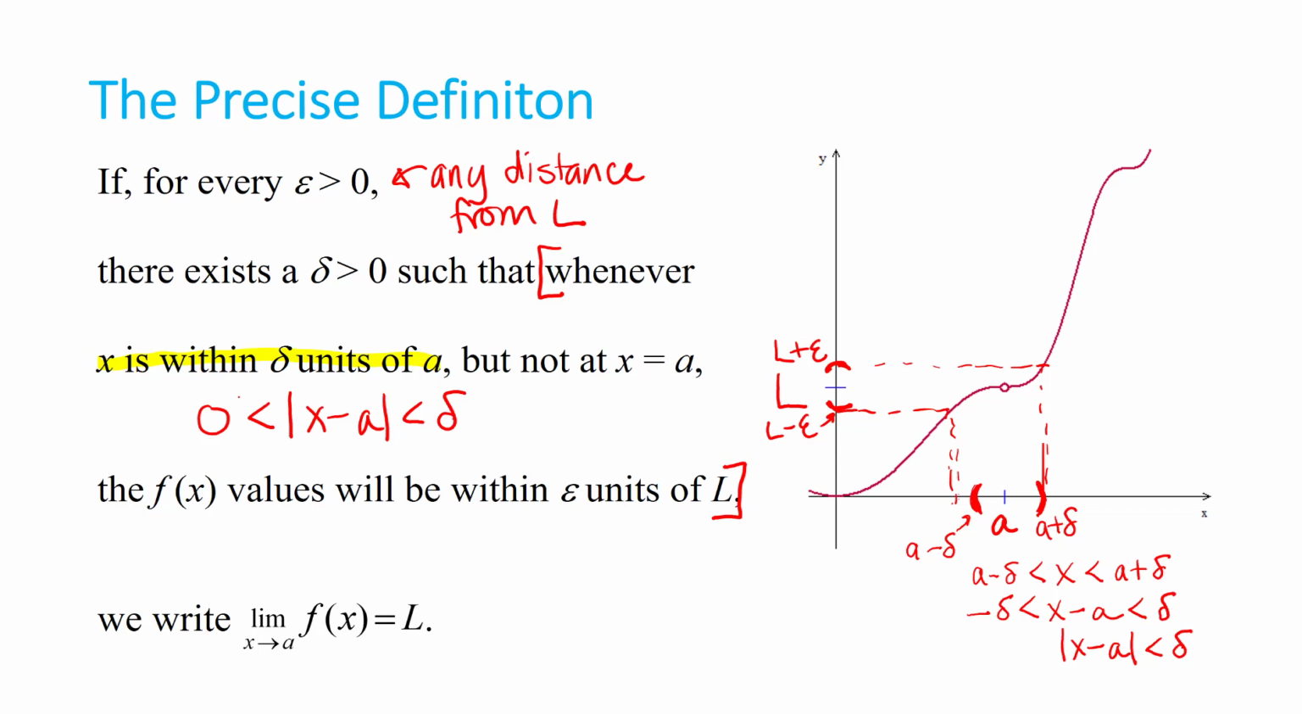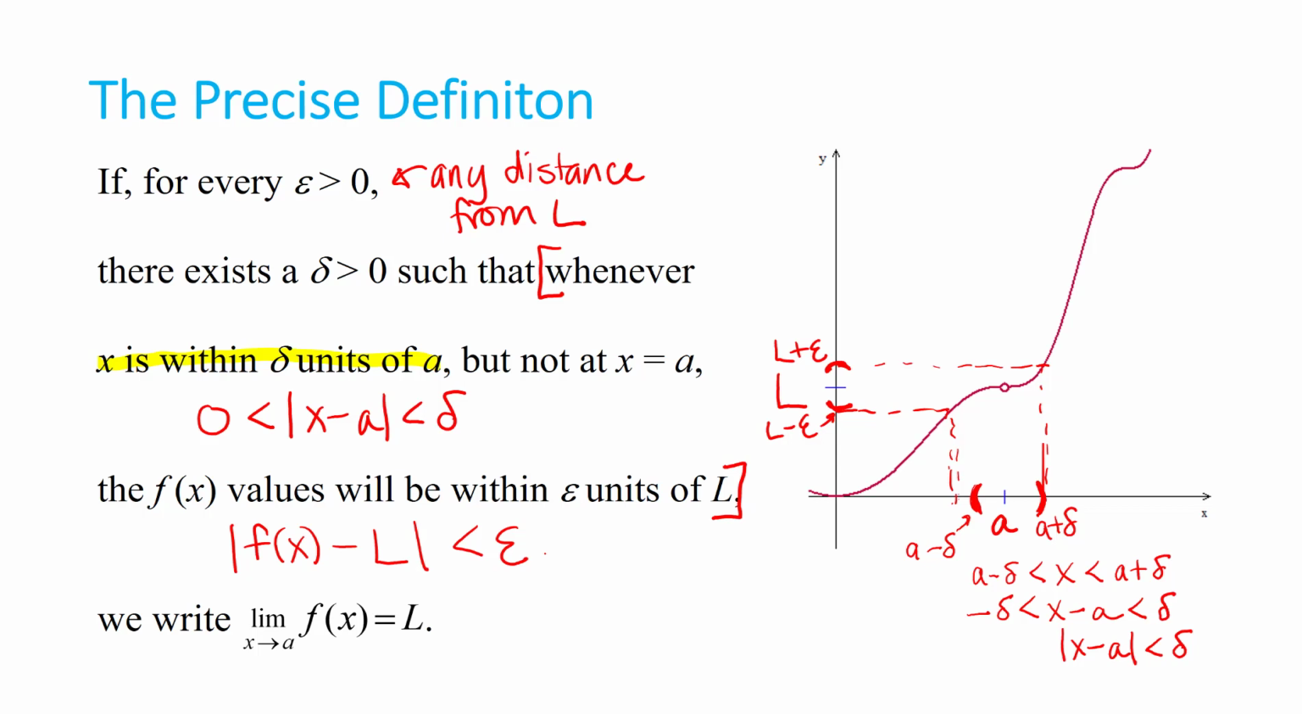All right, and then kind of similar to what we did with the inequalities for x, we can do a similar thing with the f of x values and epsilon and L, and I can write an inequality that says the distance between f of x and L has to be less than epsilon. And for this one, I don't care if the f of x value is actually at L or not, so I don't need to add a left end to that inequality. I just need to say that the f of x values will be less than epsilon units away from L, or within epsilon units of L. So the part that I have in brackets on the definition, whenever x is within delta units of a but not at x equals a, the f of x values will be within epsilon units of L, can be written using these two inequalities,